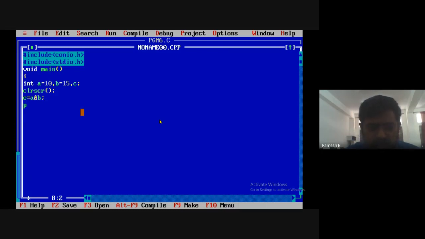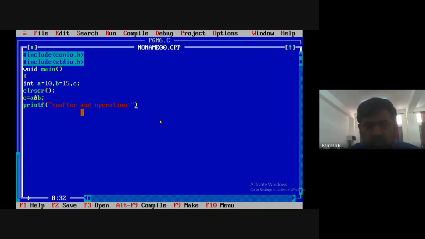Now I'll print it. Printf, after AND operation. Close this. We can give a new line. Here we can give a colon also.